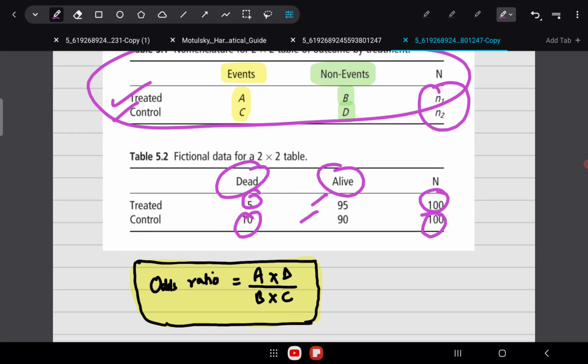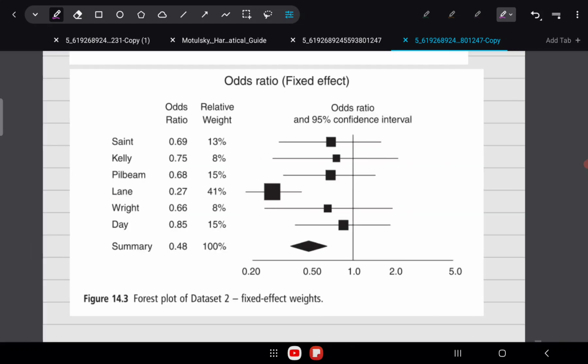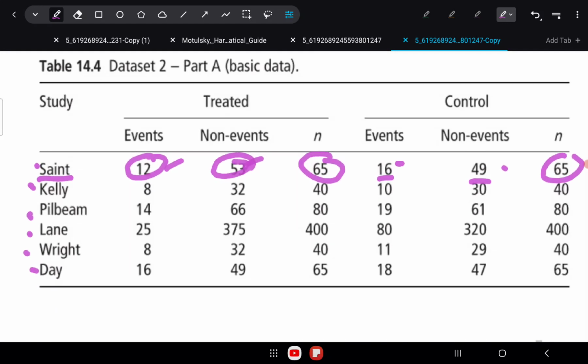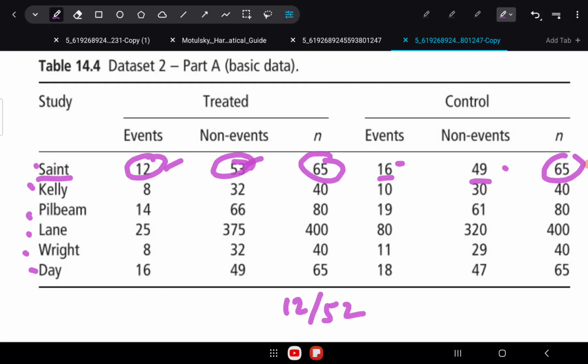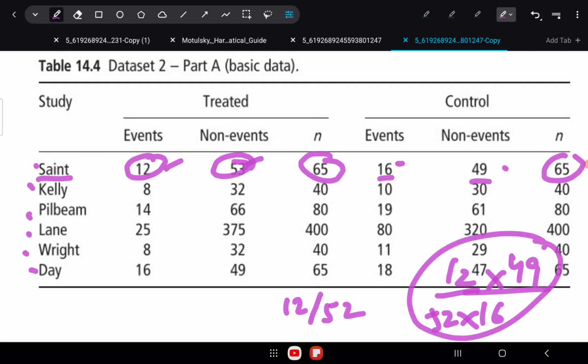It is events by non-events in the treated group divided by events by non-events in the control group. So we know it is 12 by 52 in the treated group, and I will have to divide that by 16 by 49 in the control group. So this is the odds ratio for study 1.